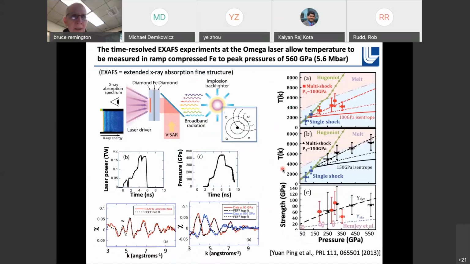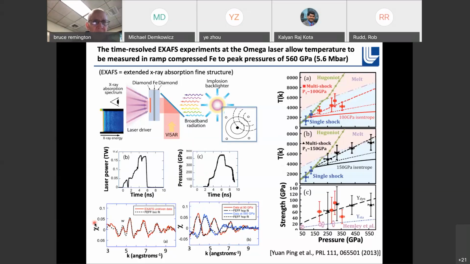Okay, diagnostics are critical, and trying to get a handle on the temperature under these conditions is really important. So over the years, both at the Omega laser and now on NIF, we've been developing the EXAFS experimental capability. EXAFS stands for Extended X-ray Absorption Fine Structure. And what this does is has an external source of backlighter X-rays that are a smooth continuum, and we're then transporting that through the physics package that has been compressed with ramp compression, and then we look at absorption spectroscopy of the probe X-rays coming through, and by